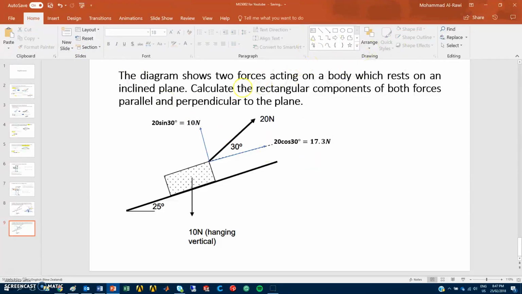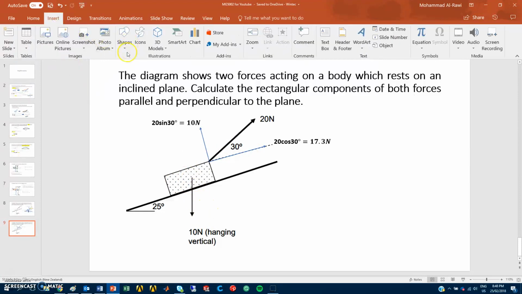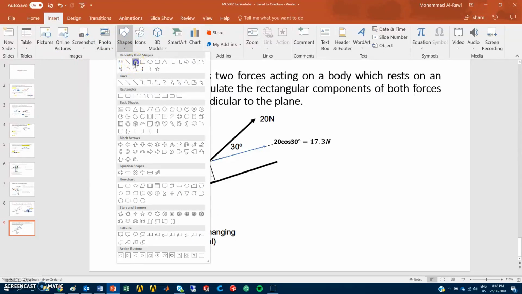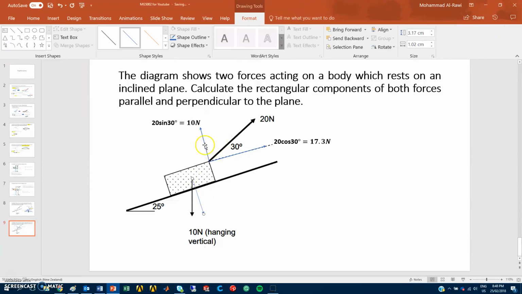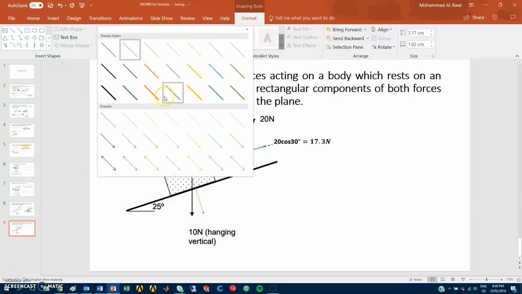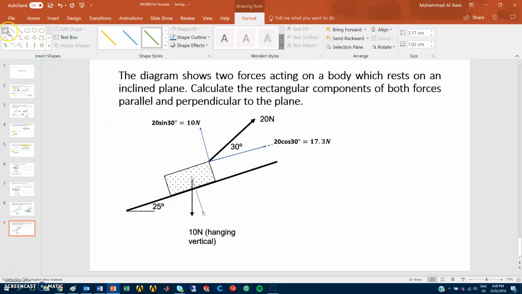Now you will see what I'm doing as well. How can I type equations using PowerPoint slides? So we have done the first components, the horizontal and vertical, which are inclined in that direction. Now, what I need to do is to determine as well the components for the 10 newtons. So if I start with the vertical, which is going this way, and if you look carefully, this line should be parallel to this one. So I'll use the green color for it,